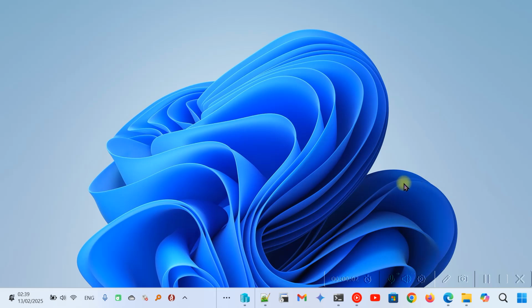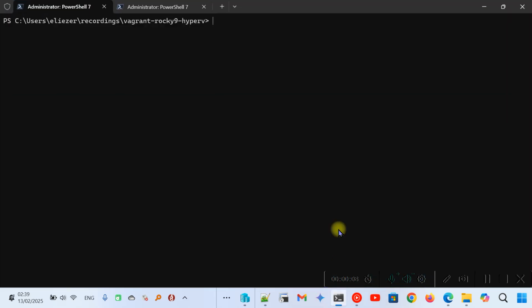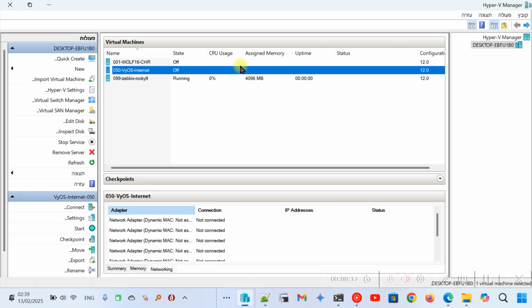Okay, so today we are going to install Zabbix on top of Rocky Linux 9, which is pretty straightforward. Let's turn on our VM. I'm using Vagrant on top of Hyper-V because it works much faster than VirtualBox on my desktop and my setup. Okay, let's get into the machine